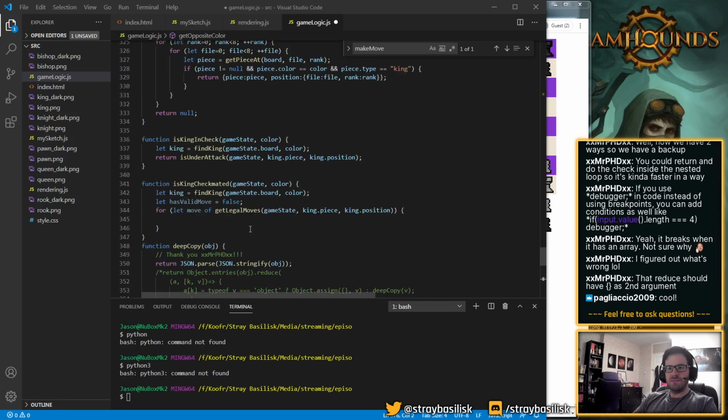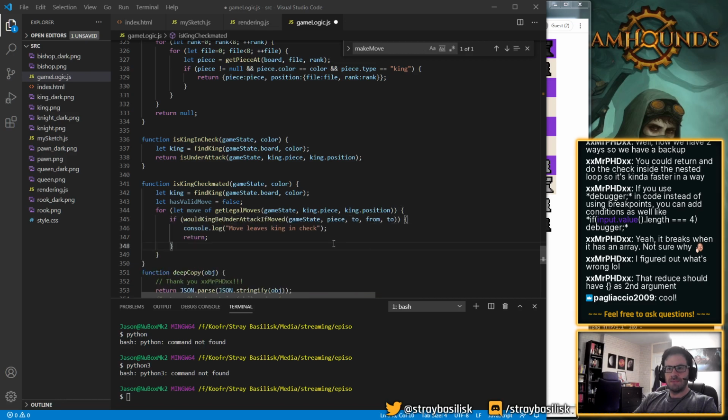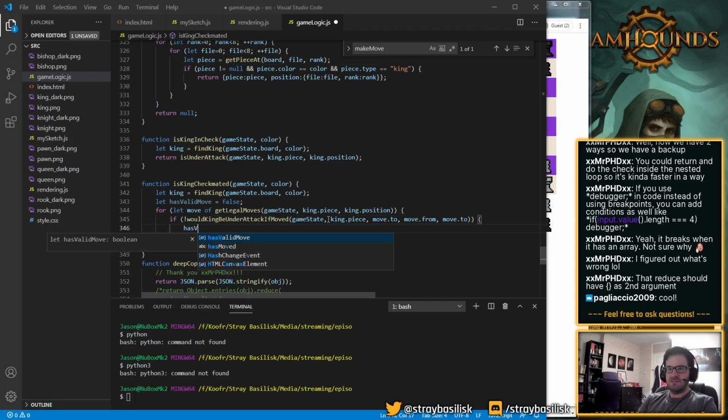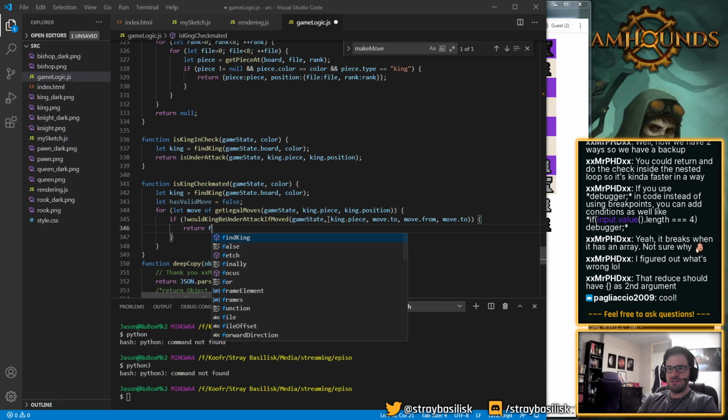Where are we? Game state. King dot piece. Move dot 2. Not the case, then return false.